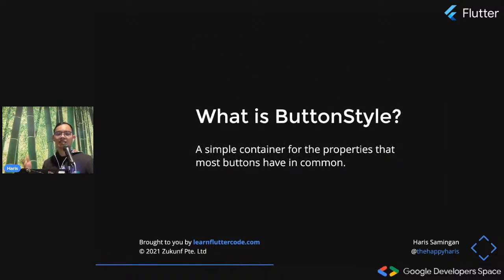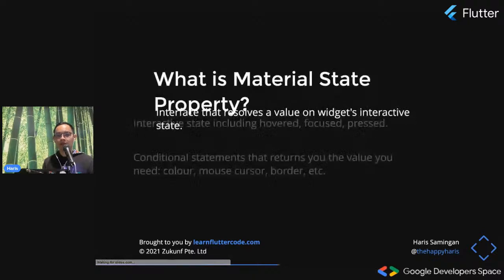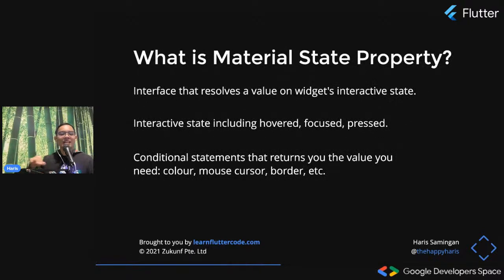A button style is a simple container for the different configurations that you want to do for your buttons. And this button style is the most common thing that you'll find in a button, for all of your different buttons. Then a little bit more on what material state property is: it is